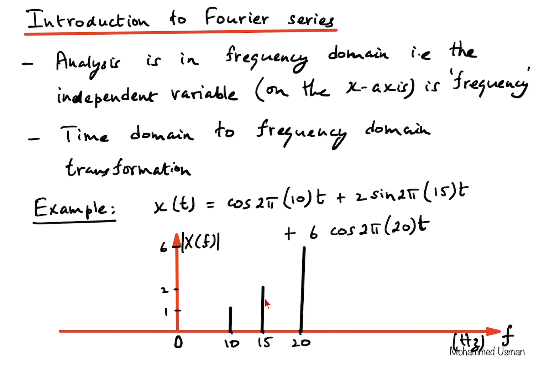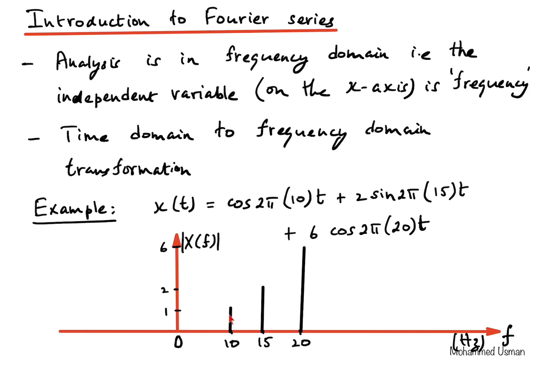We want to find out what are the different frequencies present in the signal x of t, and what is the magnitude of each of those frequency components, and plot them. What we have plotted here is called the magnitude spectrum. And since we have plotted this magnitude only on the positive frequency axis, it is called a one-sided magnitude